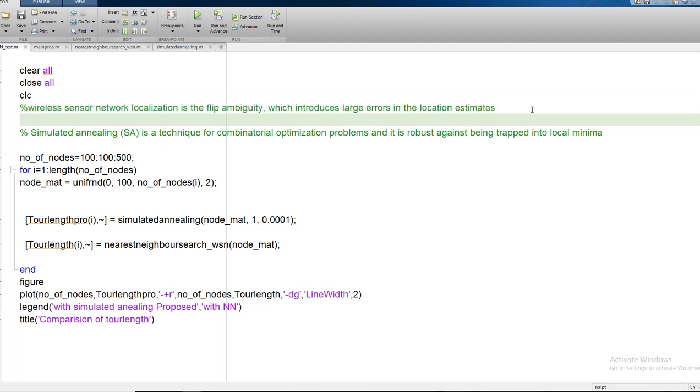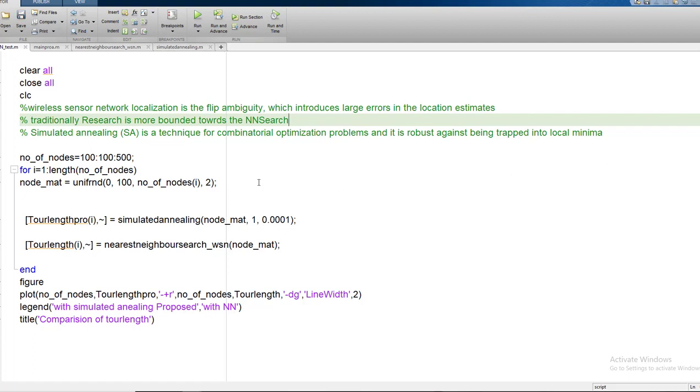Traditionally people are more bounded toward nearest neighbor search.